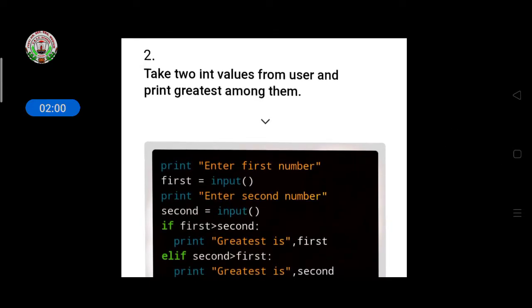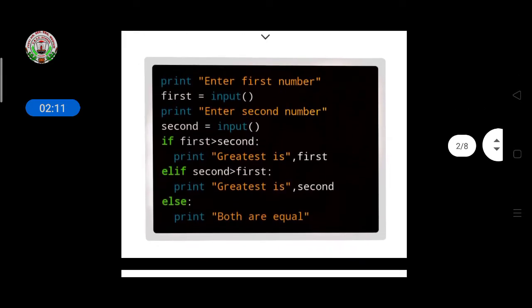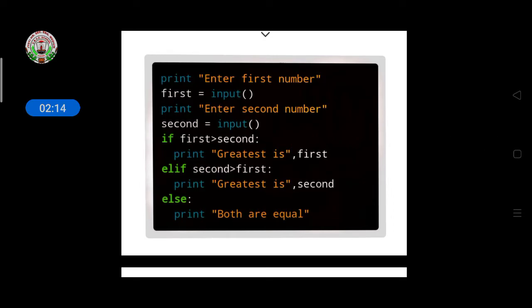Then take two int values from the user and print the greatest among them. It means you have to take two integer values, without decimal, and then find out the greatest number. So first print enter the first number, again here we are calling the input function, then print enter the second number, again calling the input function. Then we give the condition, if the first number which you entered is greater than the second, then print greatest is first.